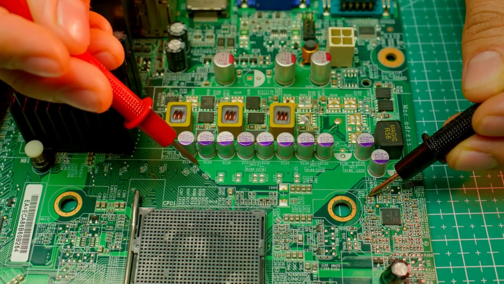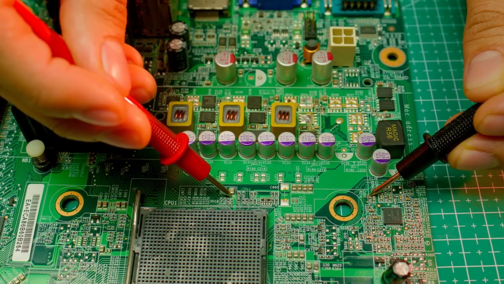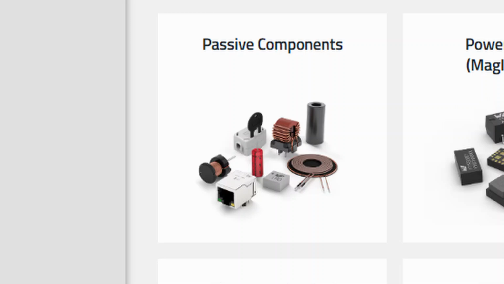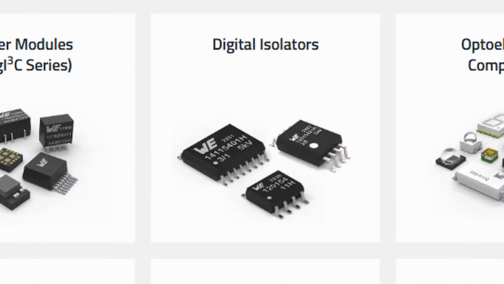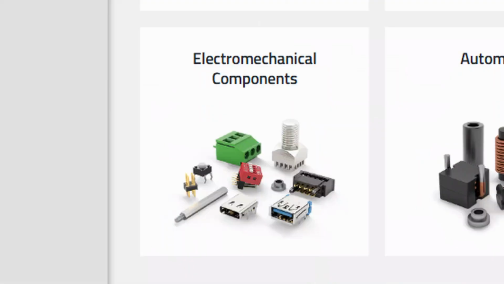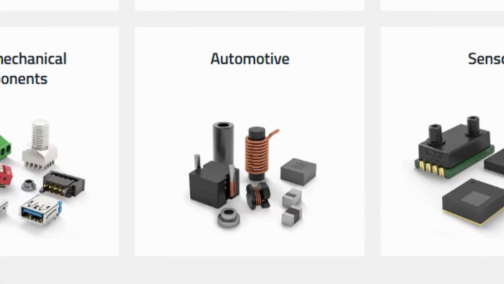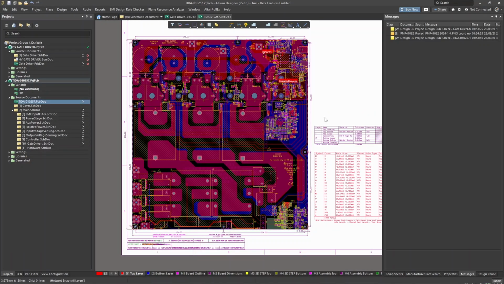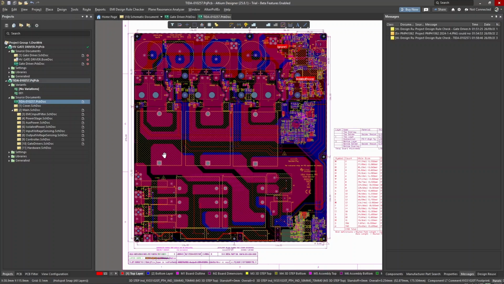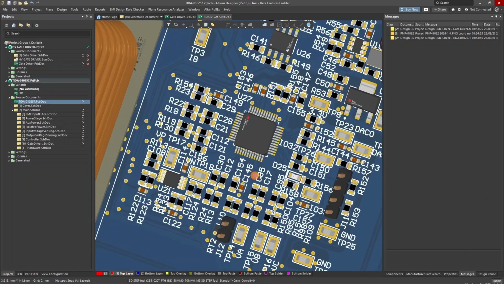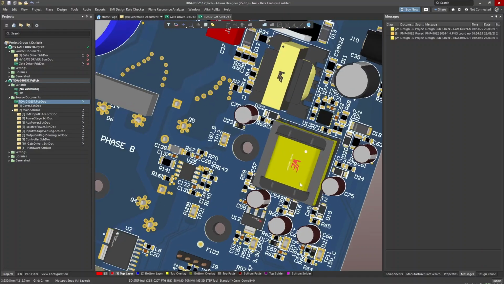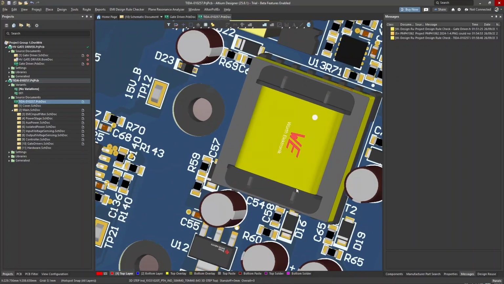Würth Electronics is a prominent manufacturer of electronics and electromechanical components, offering a wide range of products, including passive components, power modules, digital isolated components, optoelectronics components, electromechanical components, automotive components, sensors and radio modules components. Known for their high reliability, Würth Electronics provides extensive support and resources for designers and engineers, including free access to their standard component libraries. This Würth Electronics library is a treasure trove, curated to include all necessary models for proper